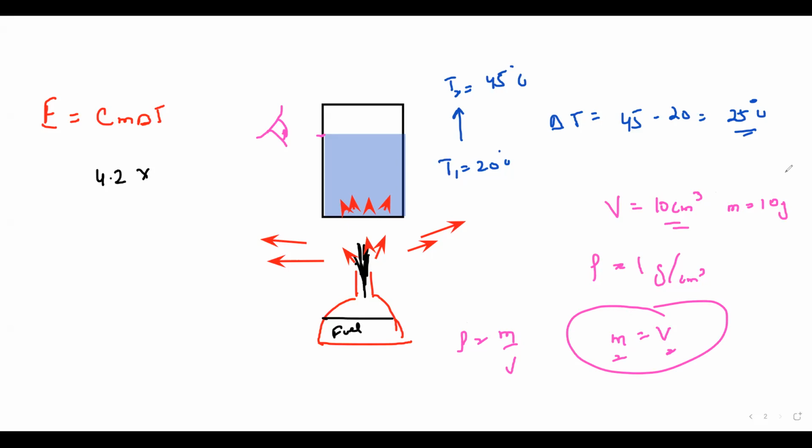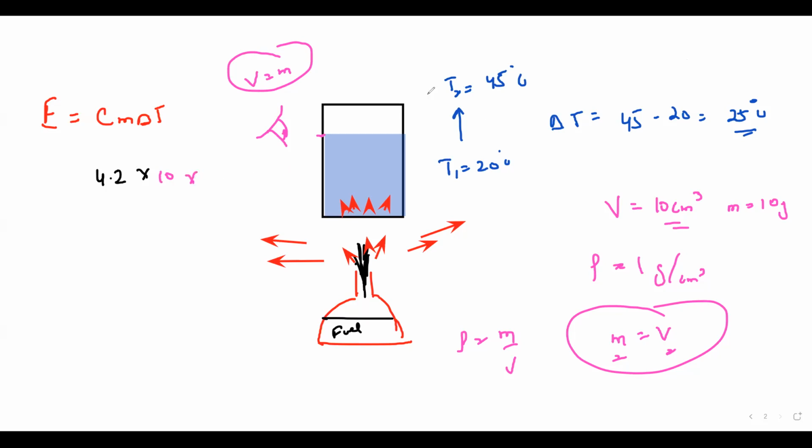As for water density or solution density, we always assume that it is 1, it does not have any other impurities. So it is always 1 gram per centimeter cube. Most of the questions don't provide you the mass of the water, they provide you the volume of the water. So the volume of the water will always be the same as the mass of water. So in this example, it will be 10.